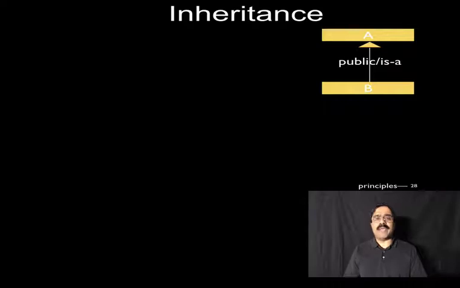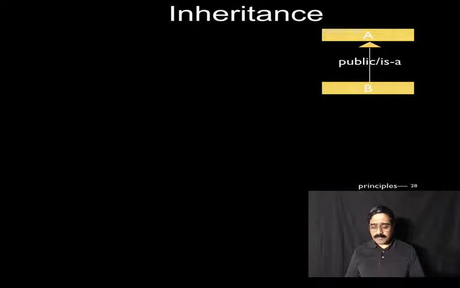Well, the word public here simply means that it's a public inheritance in C++. Java and C# only provide public inheritance. There is no protected or private inheritance in these languages. But languages like C++ provide that kind of capability. So ignoring public for a minute, we're just talking about regular inheritance as we know it in languages like Java